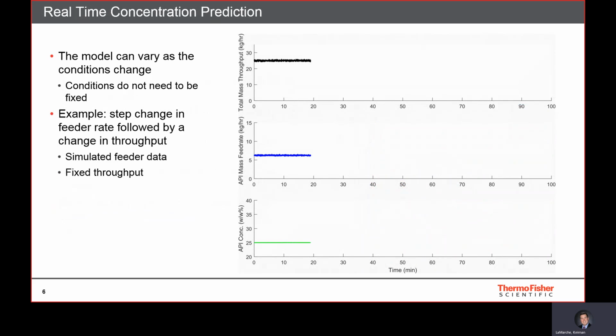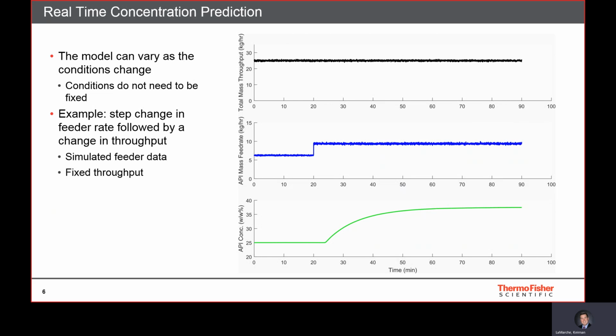So let's see an example here. This is a real-time example of the real-time process model. This is a model of our direct blend encapsulation system. We are using simulated feeder data here for the feeder inputs. What's shown is the total mass throughput of the system, which is just the sum of all the feeders and